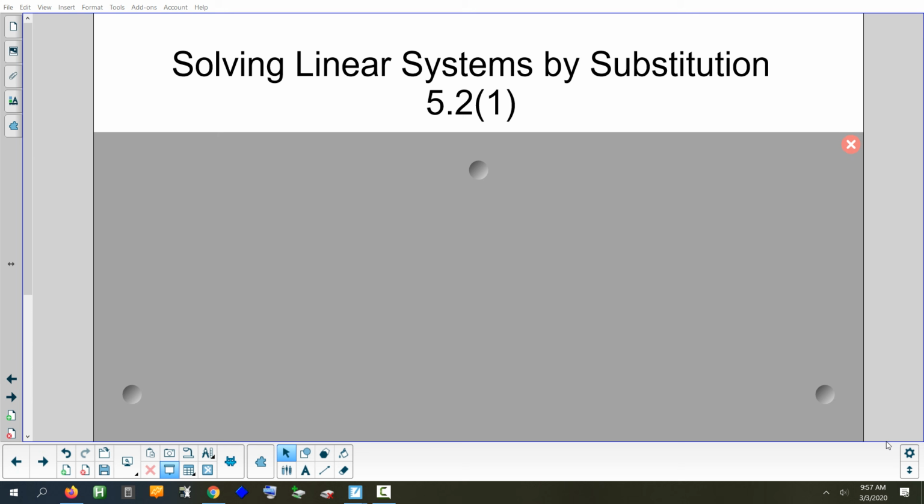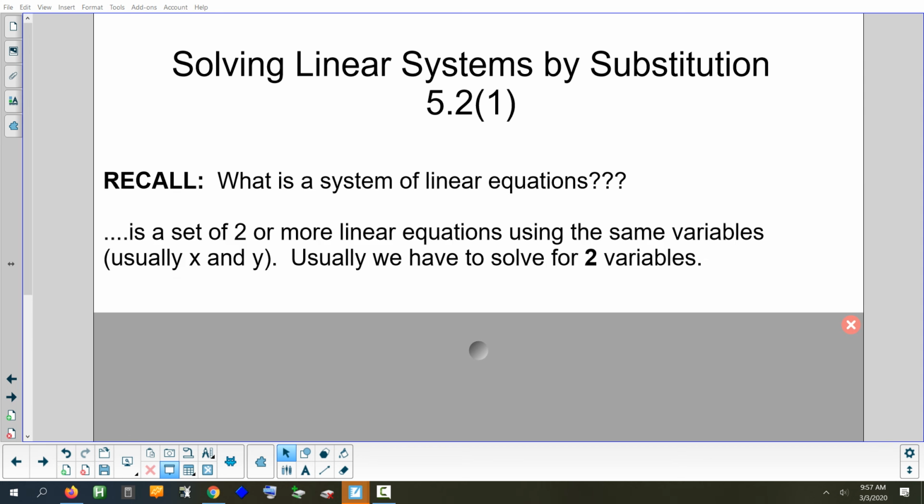Okay, so last section we're going to look at is 5.2, and it's on the same thing you did yesterday. So the goal when you're done the problem is still to figure out x and figure out y. I'm just going to show you a better way to do it besides graphing. Okay, so